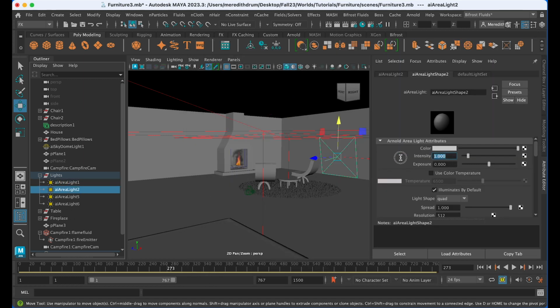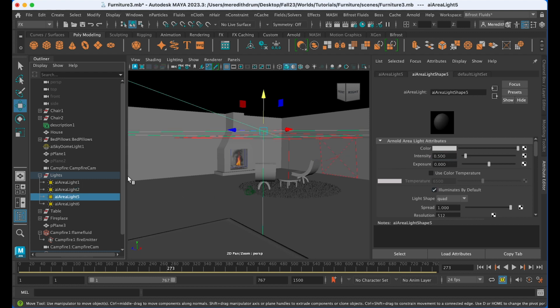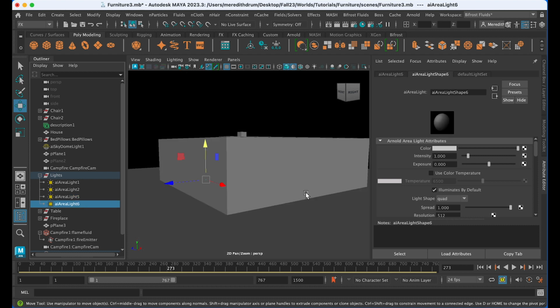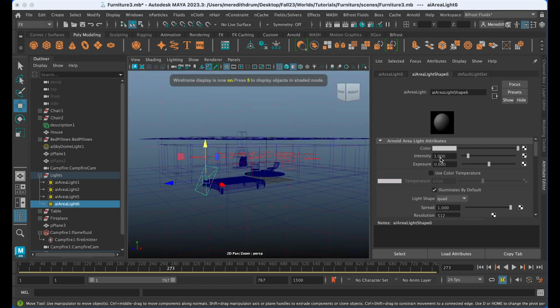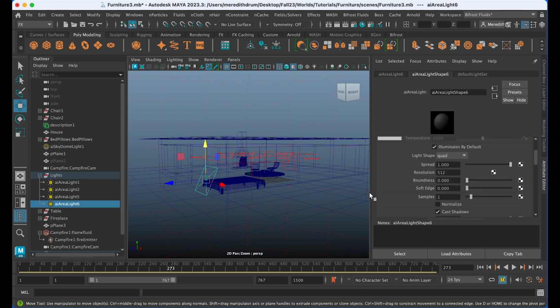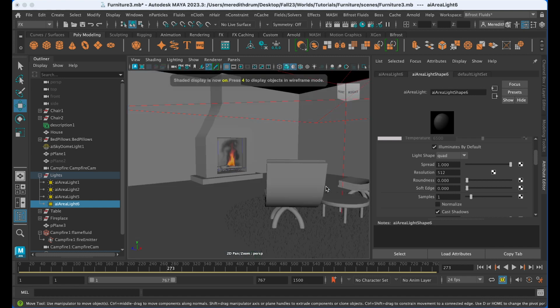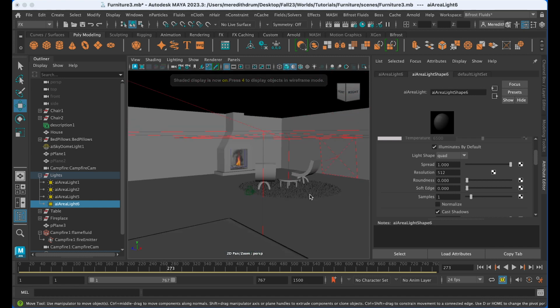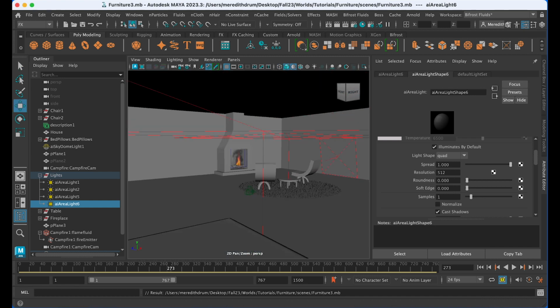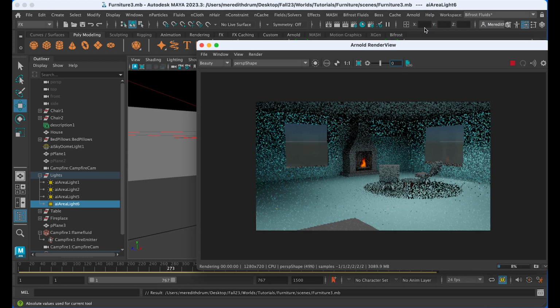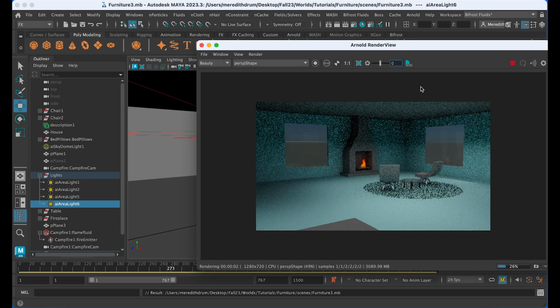There's another one. Maybe we could bring that down, 0.5. This one's over the bed, 0.5. And this one is over by the bed too. So if we bring that down to 0.25 and then go back inside. Let's see, it might be too dark now. Save your work every now and then, render. Looks pretty good. Yeah, so it's really up to you how you want that to work.